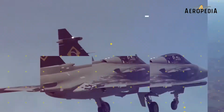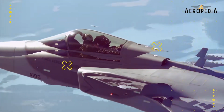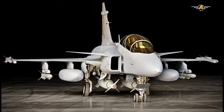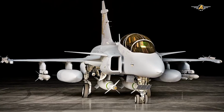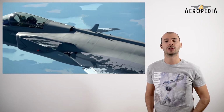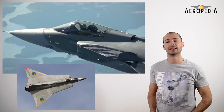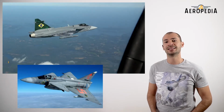The Saab Gripen Next Generation is a single-engine multi-role fighter of the 4th generation. This is the latest version of the JAS-39 Gripen, designed to replace the Saab 35 Draken and the 37 Viggen